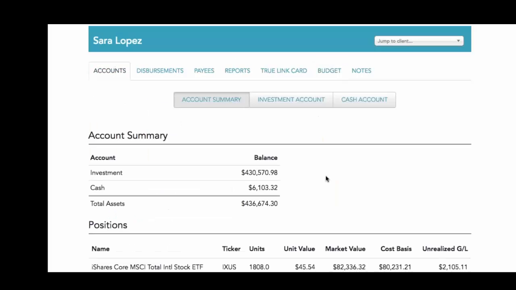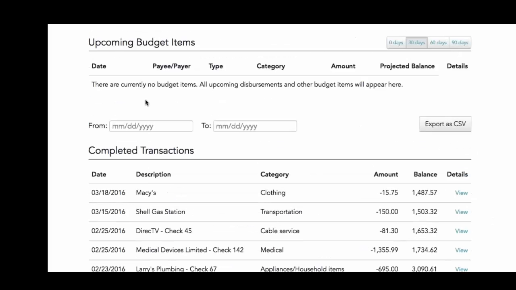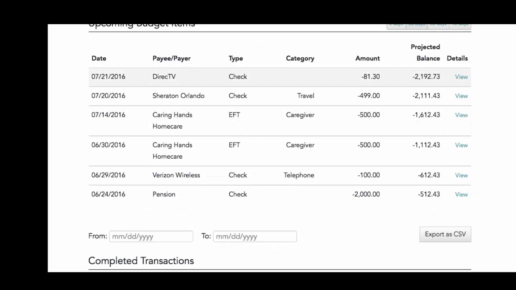If you go over to accounts and go to the cash account, the budget item shows up here, and it says, oh, look, this person's planning to spend quite a bit of money. It's actually going to take their cash account balance negative. So we need to move more funds to the cash account and anticipate they're going to spend a certain amount of money in the spending plan over the next year.